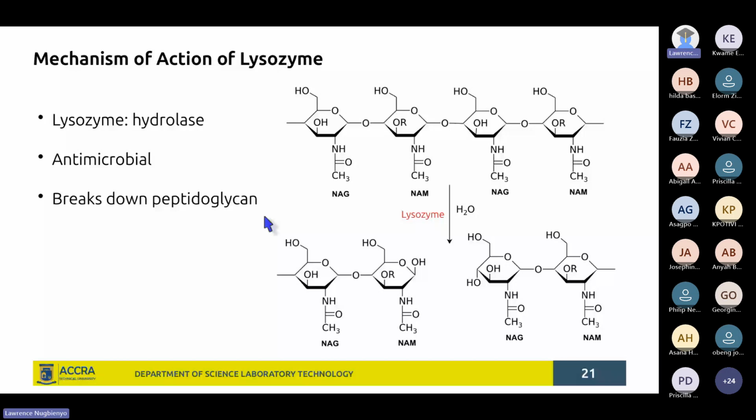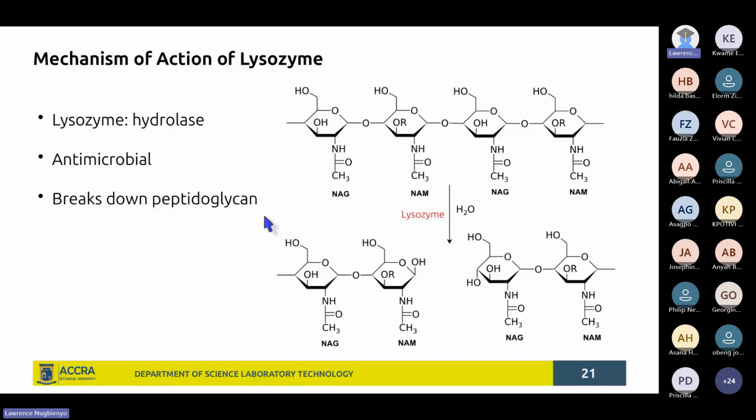And this is an enzyme which is applied in antimicrobial substances like some bactericidal substances. And what does it do? Lysozyme breaks down what we refer to as the peptidoglycan cell walls of